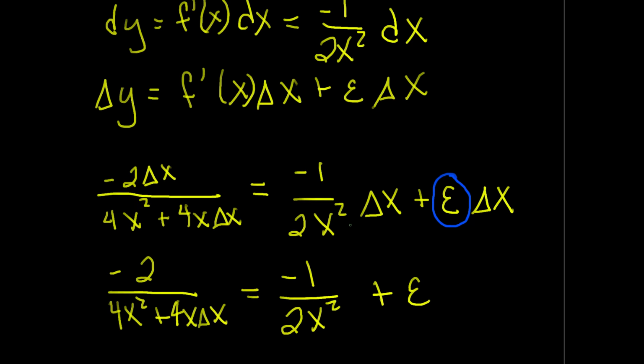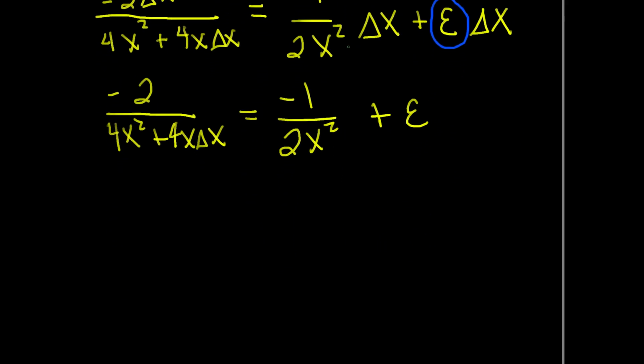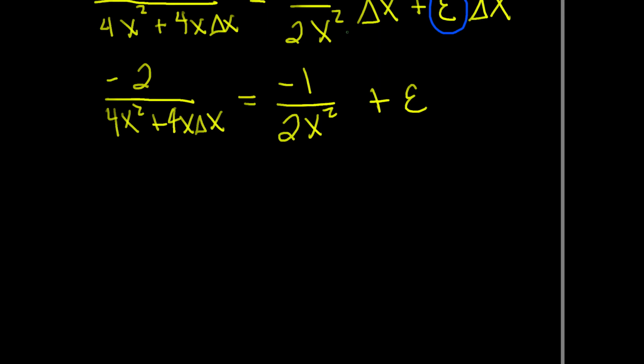And now solving for epsilon, we can bring that over and we get that epsilon is equal to 1 over 2x squared